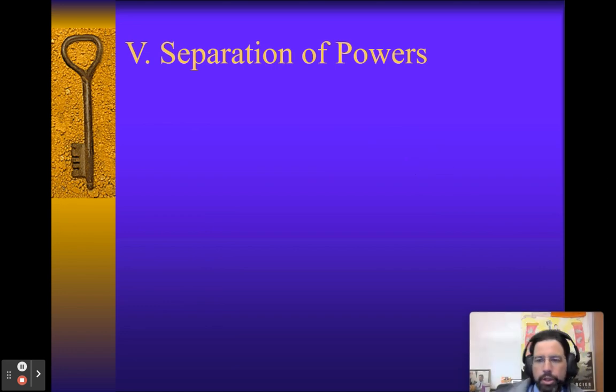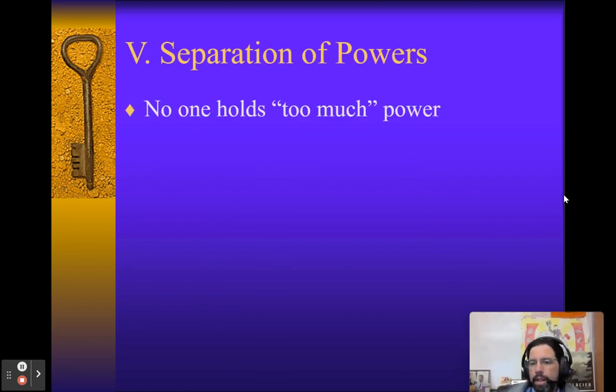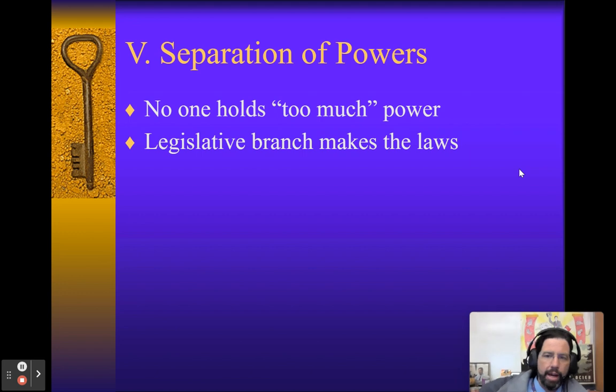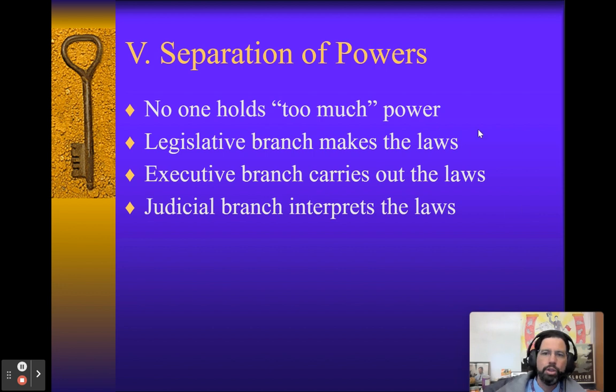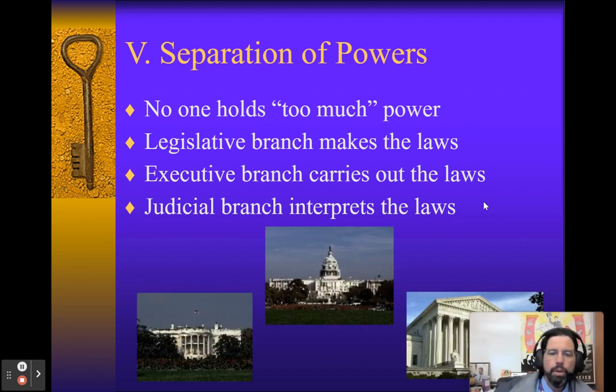Now, the next one is the concept of separation of powers. No one in government holds too much power. Normally, the one they're trying to stop, the branch of government, is the executive, because the chief executive historically is the one that tries to take hold and maintain power, sometimes illegally. Okay. The legislative branch actually makes the laws. The executive branch carries out the laws, and the judicial branch interprets the laws. This is the basis of separation of powers. Remember, the Baron de Montesquieu said, "This is how you stop a monarch from becoming too powerful: you take the power within government and put it somewhere else and allow them to balance out each other."